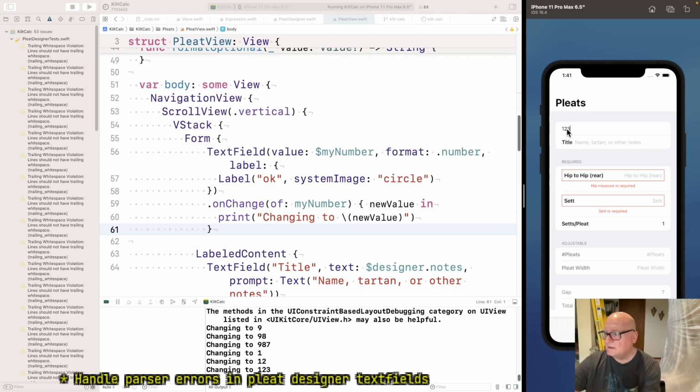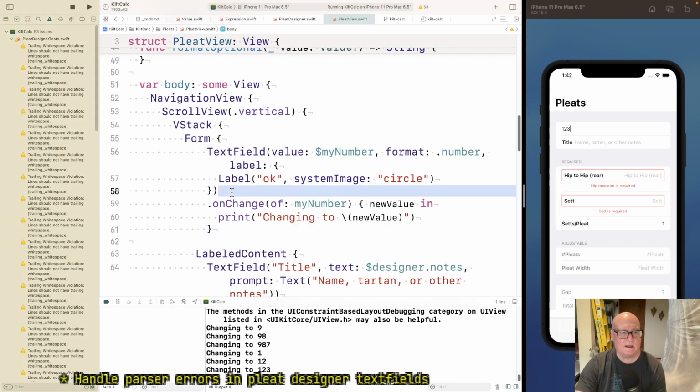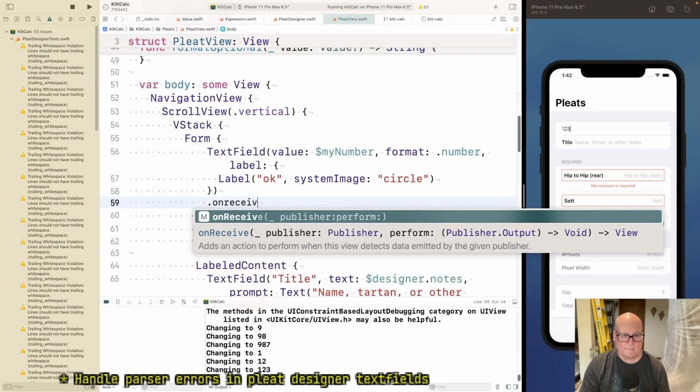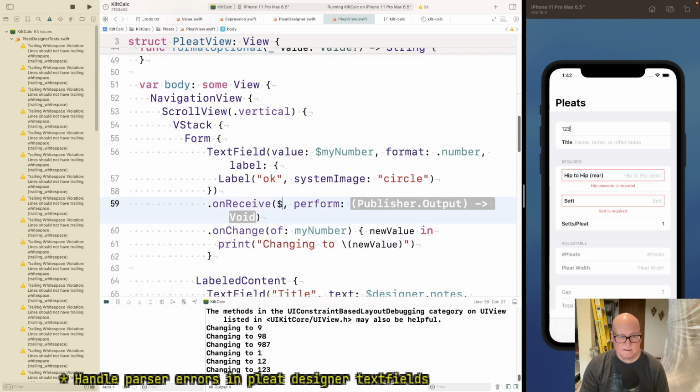On receive, yeah, that's the one we saw yesterday. So let's look at that. Is that the dollar my number?